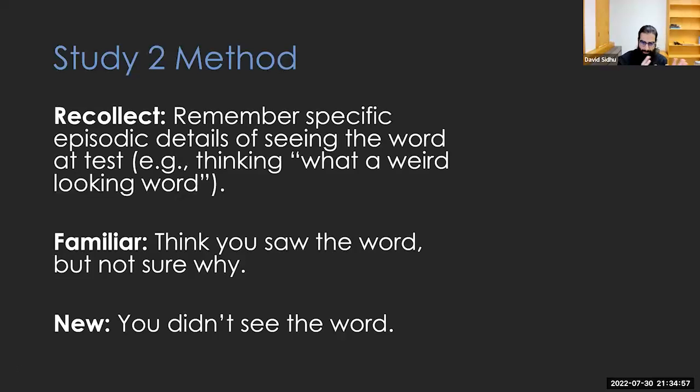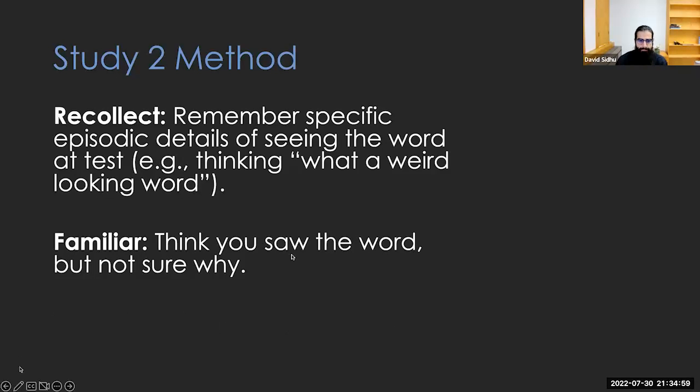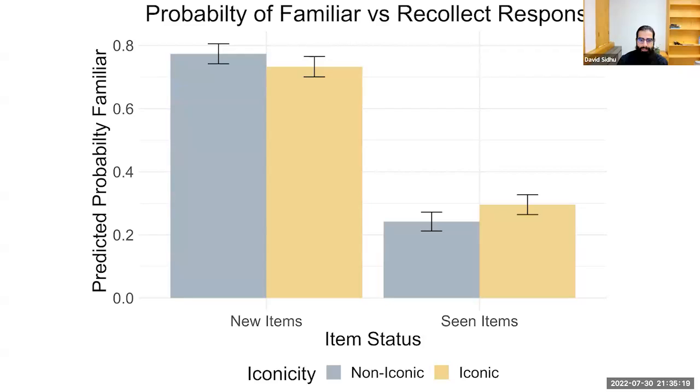Okay, so setting that aside, what I'm going to do now is plot what happens when you look at these specific responses. So just look at the times that a participant said they've seen the word before and compare how often their response is that they recollect the word versus that the word is familiar. And I'm going to do away with the encoding condition for this plot because it didn't seem to matter in the analysis.